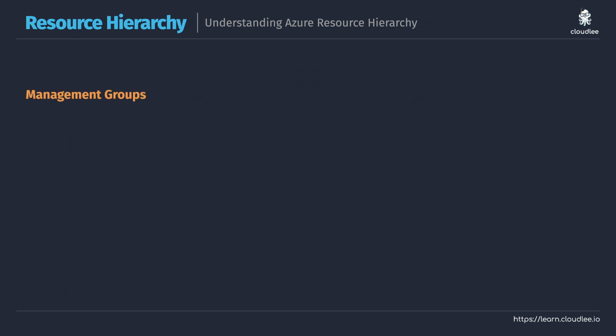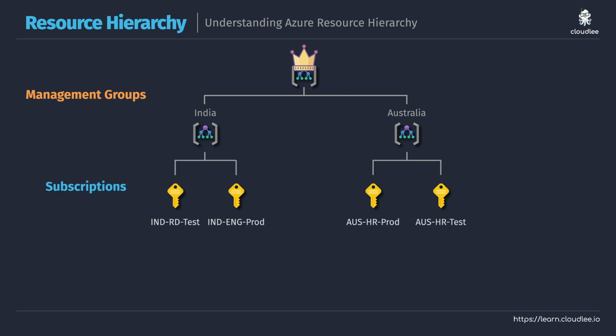At the top, we can have our management groups, and if you are going to use these, just understand there is something called a root management group that does exist by default. But what you could choose to do is create additional management groups to match your organization. Maybe you're going to have a management group for India and one for Australia. Now within that, you could have your different subscriptions that you use across your organization. And we use those management groups to help us to better organize, manage, control security, and lots of other features as well. So your environment might look like this.